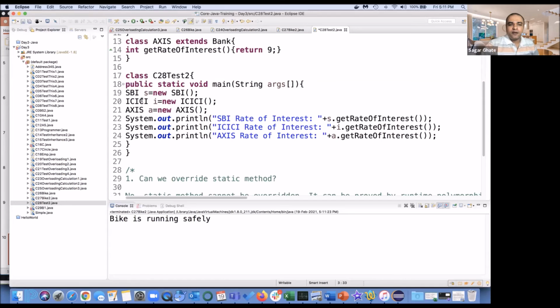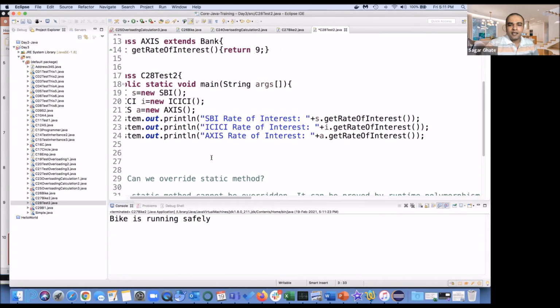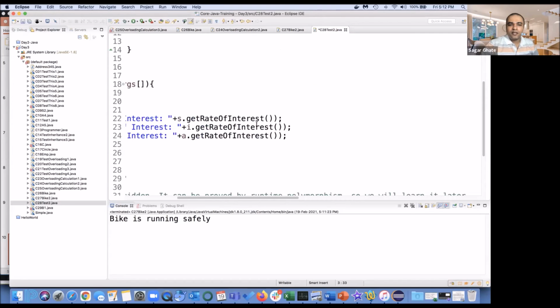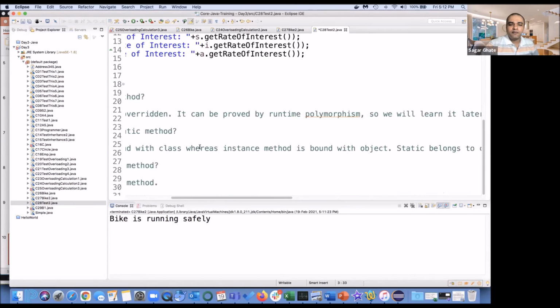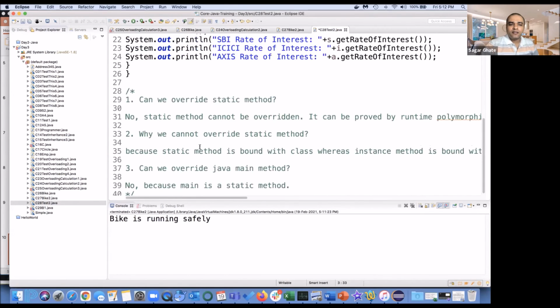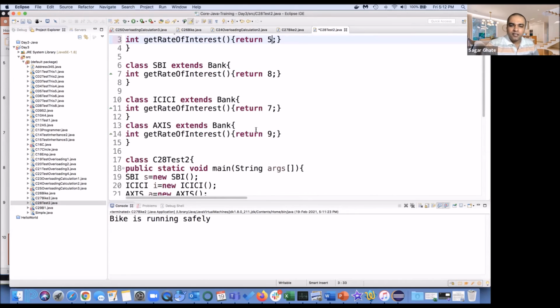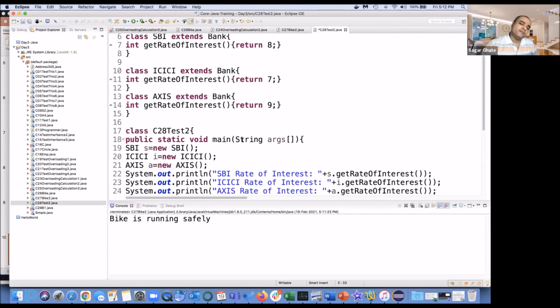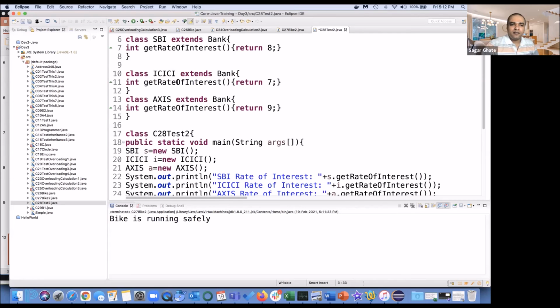And I created 3 objects, one each for SBI, ICICI, and Axis. And if I call s.getRateOfInterest, what will it do? It's going to return the corresponding overridden method.